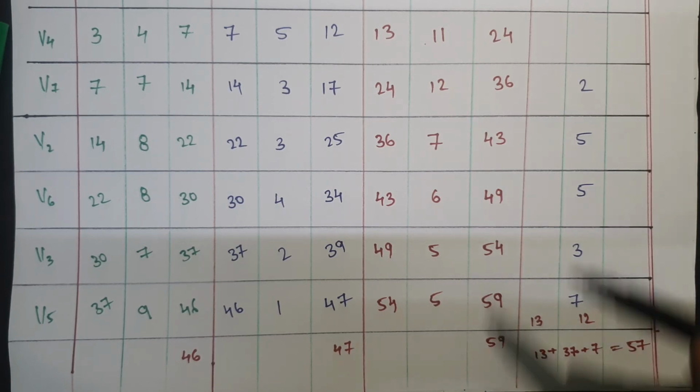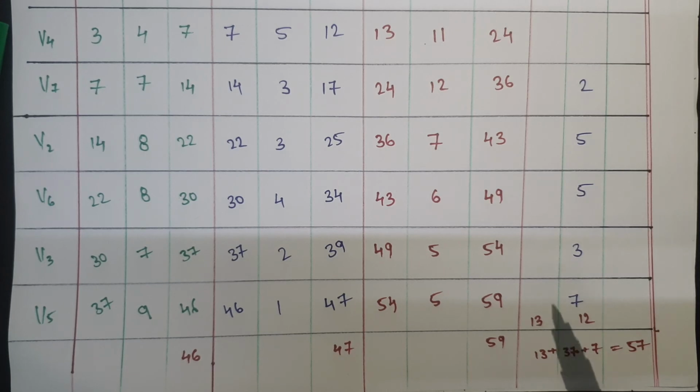For machine 1 idle time is 13, for machine 2 idle time is the sum of these two. For machine 3 idle time is this. So, this is the total machine idle time, okay. This is the total idle time for machine 2. So, here I am getting 37. So, total idle time is equal to 57. Like this you have to find out machine 1, machine 2 and machine 3, and take the sum of these.